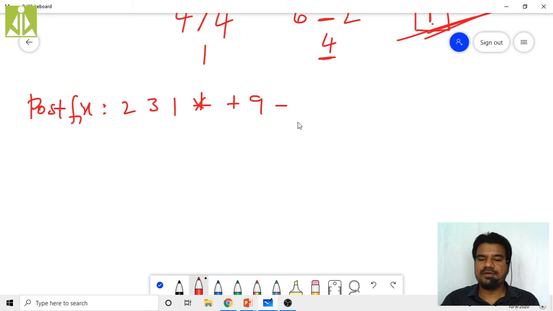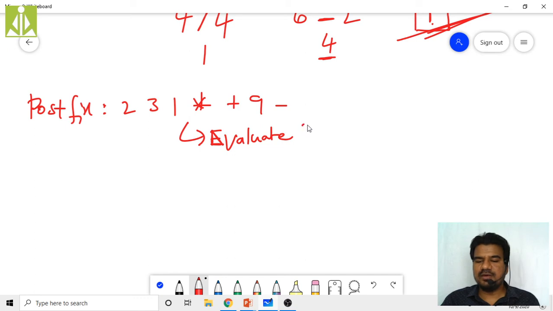That's it. It is a postfix expression because operands are coming first and then the operators. They want us to evaluate.